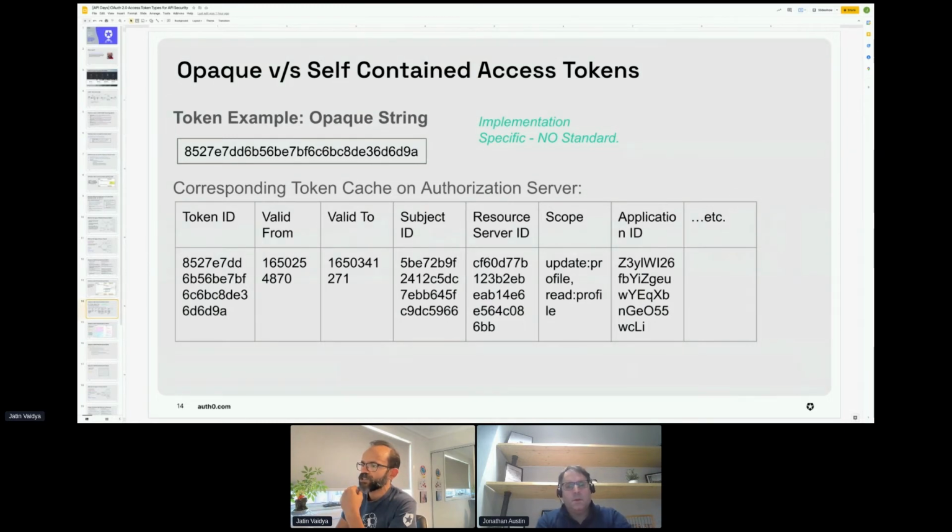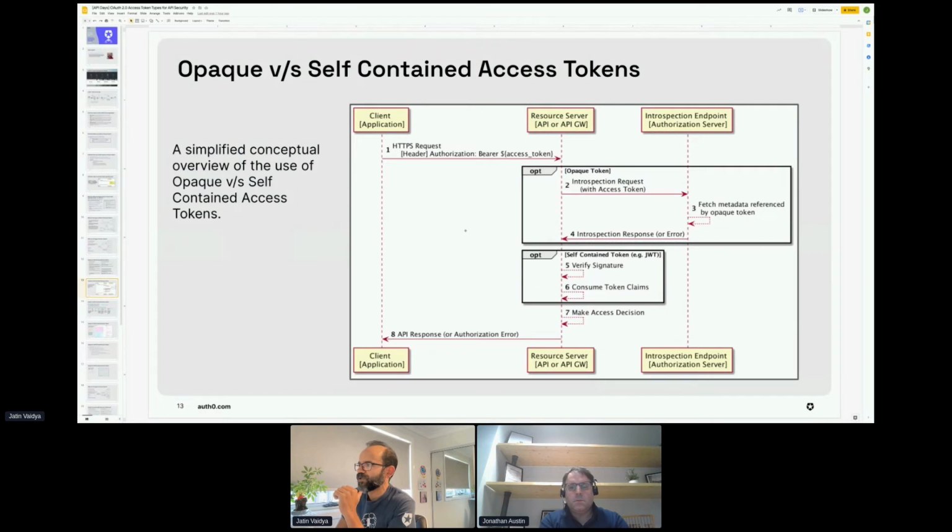All this information that this particular opaque token points to is stored on the server side in this token cache. But just by looking at the token, you are hardly able to interpret any information whatsoever. That's the reason why, when a resource server receives that kind of opaque access token, it has to rely on an authorization server, like the introspection endpoint specifically on the authorization server.